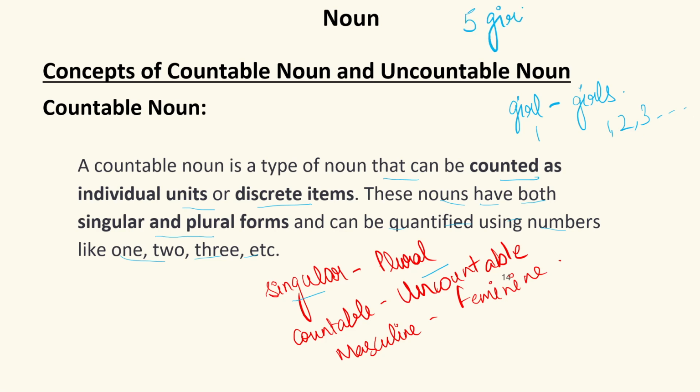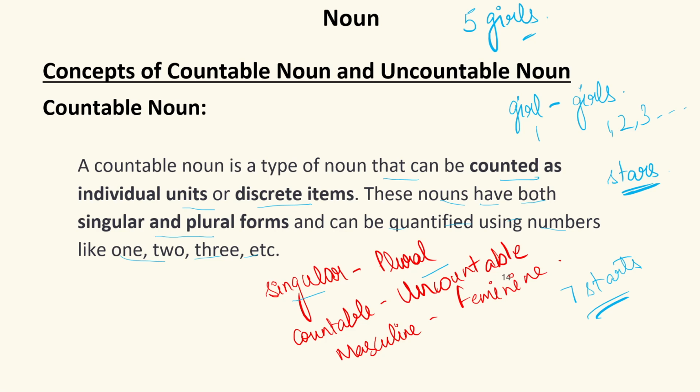Now, if we talk about the word stars, stars are countable just because we can count them. For example, if I ask you how many stars are there in Saptarishi, your answer must be 7 stars. So we can conclude that stars are countable just because we can count them. We can count 7 stars in a constellation like Ursa Major, Ursa Minor. Like in Saptarishi, we have 7 stars. We can count them.